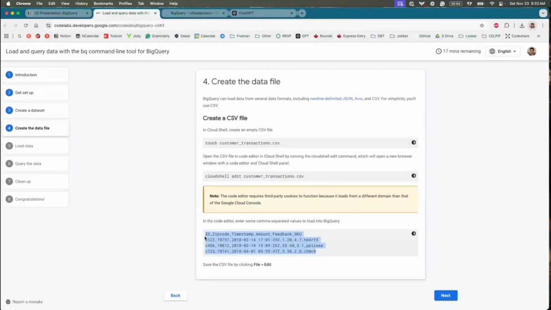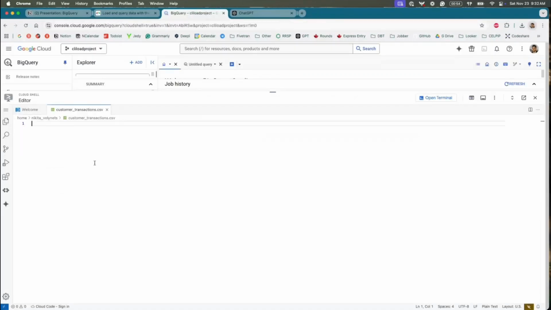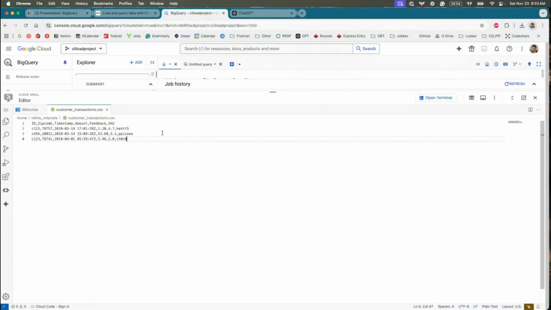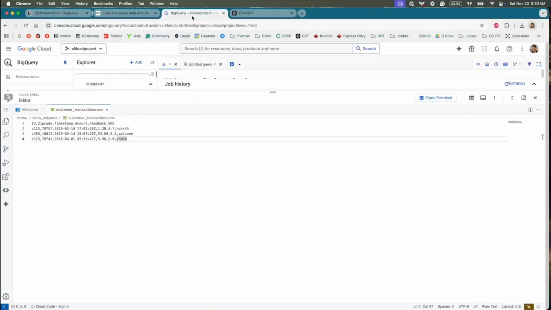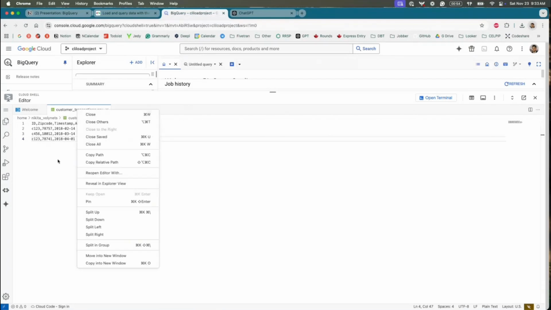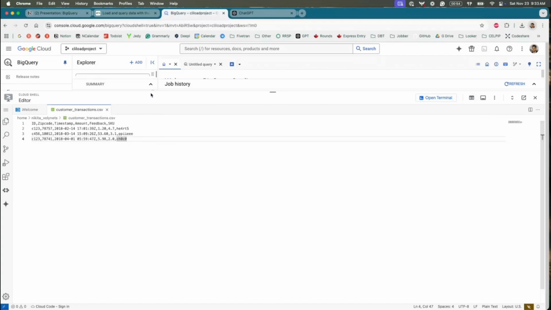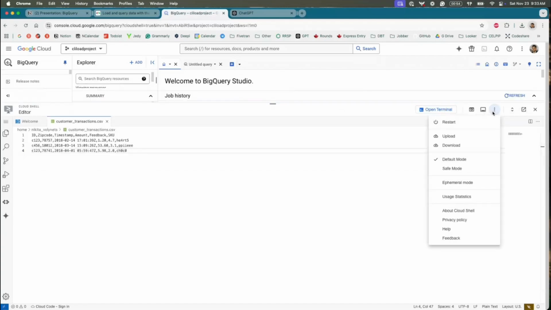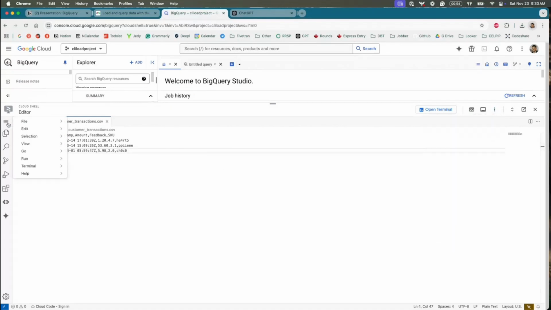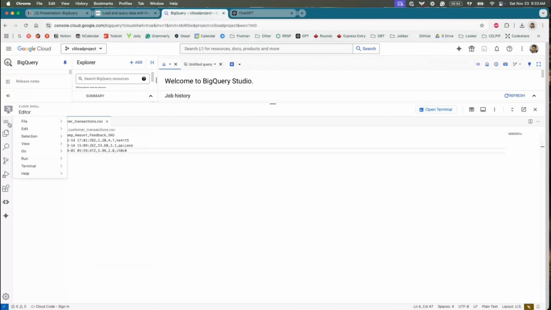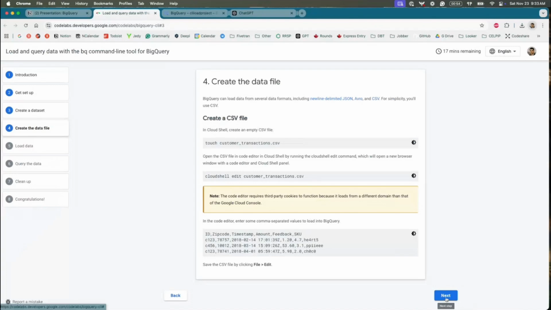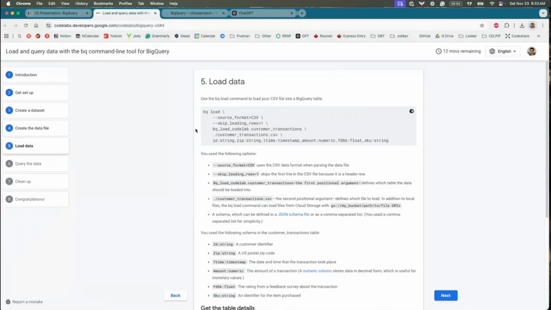And we can copy some data to this file. Okay. And we should save the file: File, Save. Maybe on the left side. Yeah, here. Save. Yeah, thank you. File and save. Okay. And now we can